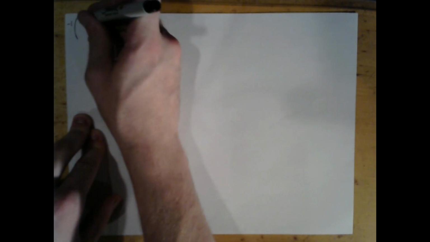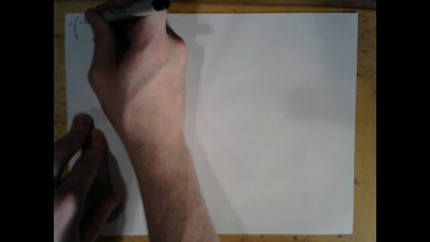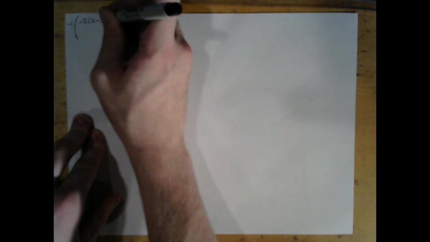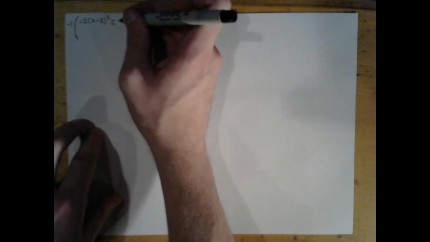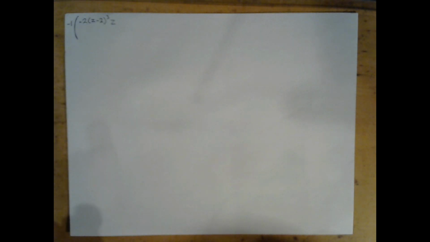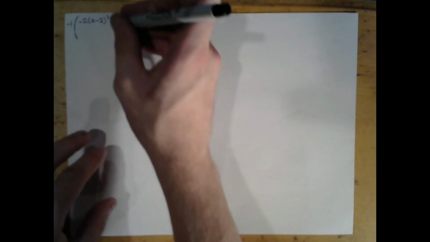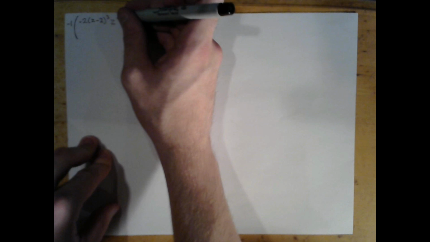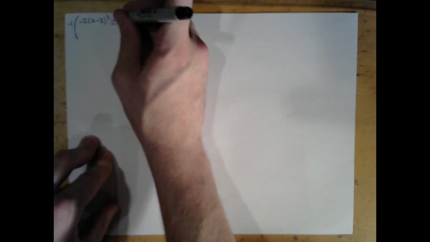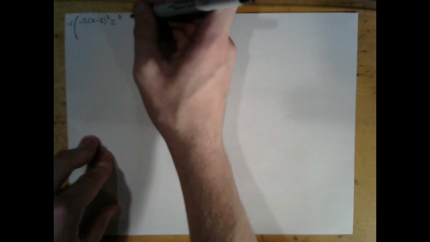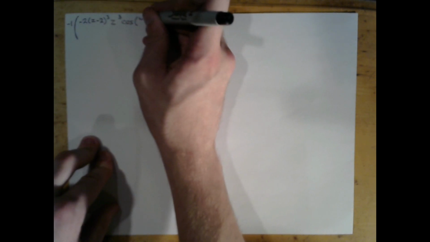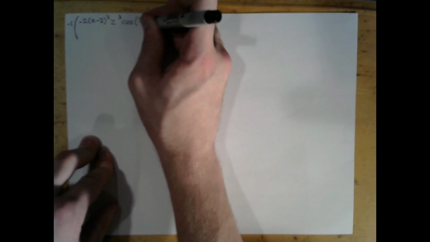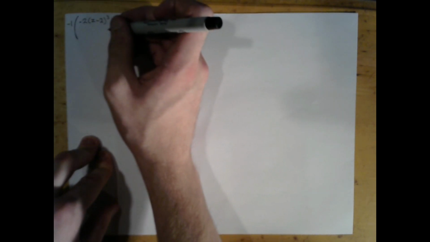So we're going to say negative 2 (z minus 2) cubed z cubed, sorry about that, cosine of h pi z over 2, all over